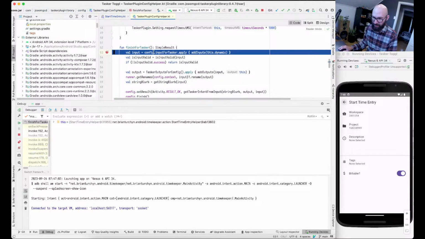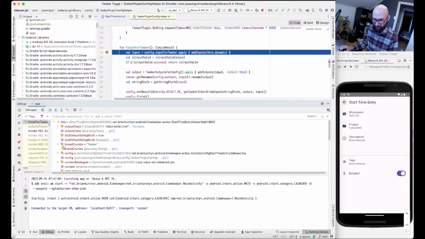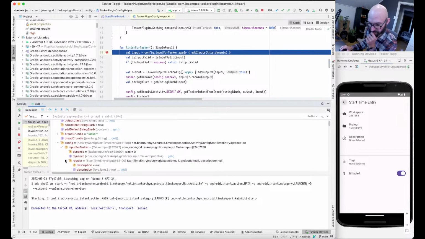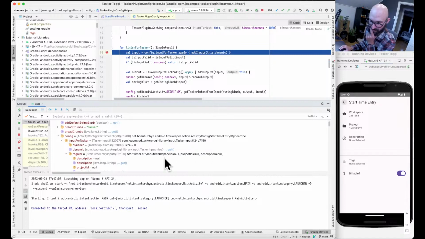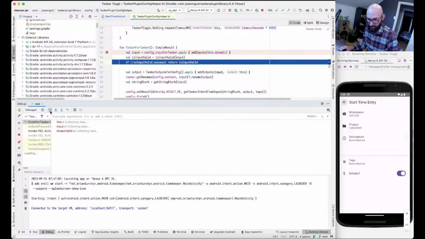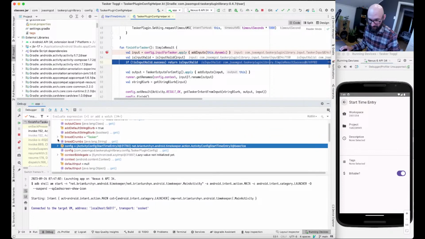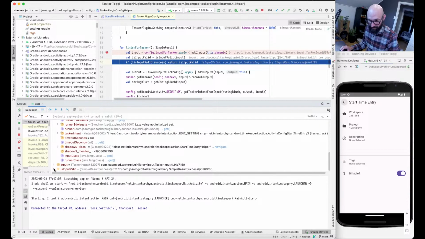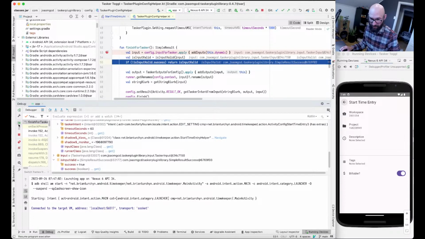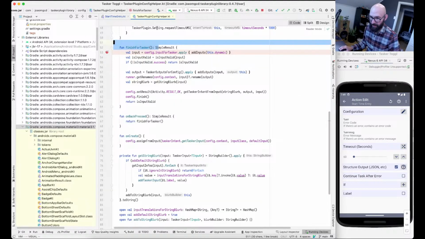If I call this now, we're going to see nothing particularly useful here, I don't think. So we've got config, input for tasker, we've got our regular. So you can see that the workspace ID, project ID, description are all null. That's not surprising because we didn't actually populate them. Is input valid? Let's see what it says. It says it was successful. It's because we didn't have any validation that was actually running there. Okay. So with that in mind,